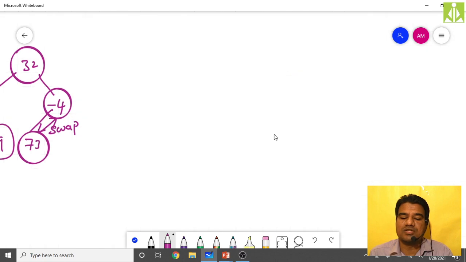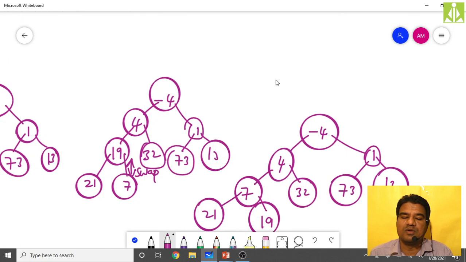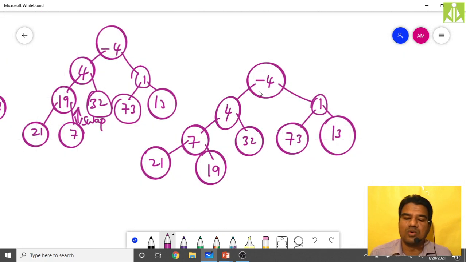In the case of minimum heap, finding the minimum value is also very easy. Just get the root node, minus 4 is the minimum. When you construct the maximum heap, automatically the maximum value will reach the root node, and when you construct the minimum heap, the minimum value will reach the root node. So finding the maximum and minimum is very simple.